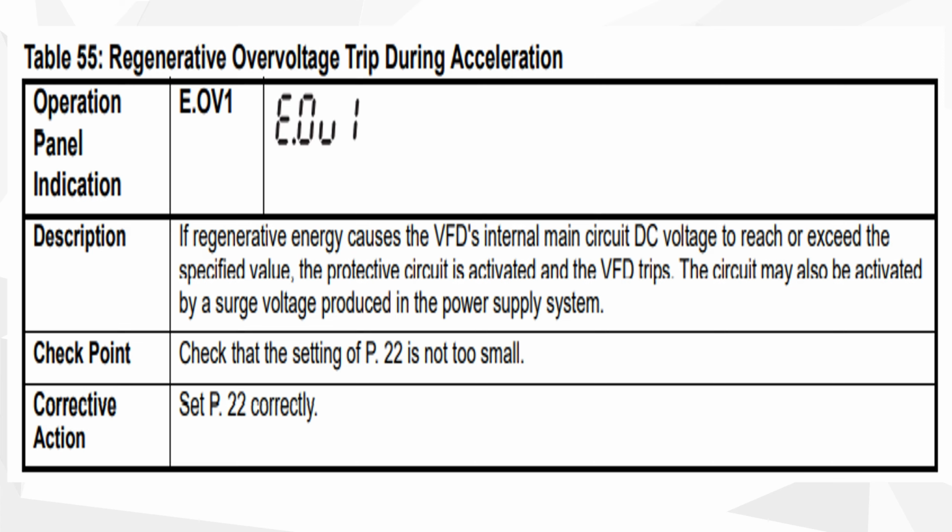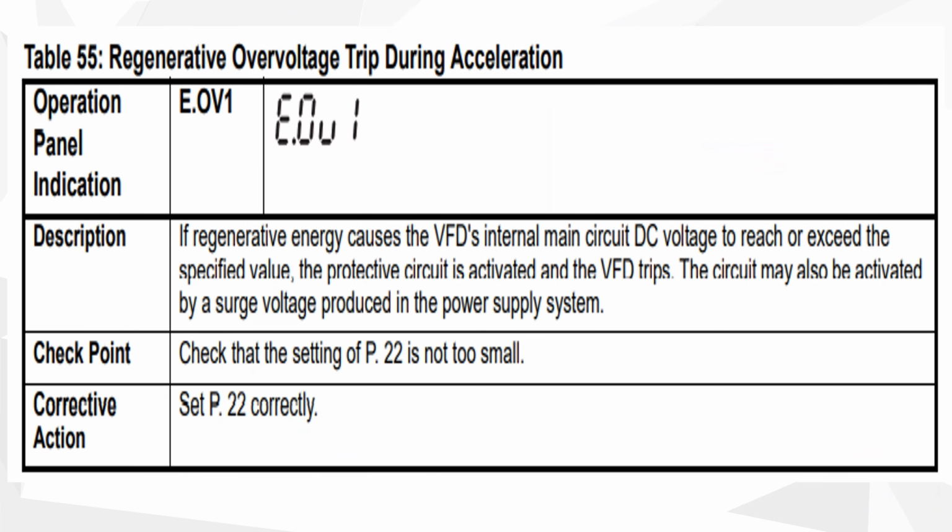ठीक है, तो अगर हमने ये एक्टिवेट कर रखा है, ये पैरामीटर नंबर P.22 में होता है, तो वो VFD को ट्रिप करा देता है। अगर सपोज दैट हमारी PCB बर्न हो जाए, खराब हो जाए, उससे बेटर ये है कि ट्रिप हो जाए। दूसरा क्या हो सकता है, जो हमने P.22 नंबर पैरामीटर में बहुत लो वोल्टेज, बहुत स्मॉल वैल्यू सेट कर रखी है, उसका भी रीज़न हो सकता है। थर्ड रीज़न क्या हो सकता है, सपोज दैट हमारे PCB के पावर सर्किट में प्रॉब्लम है। तो मोस्ट ऑफ चांसेस में ये रिपेयर कराना पड़ता है, या तो VFD रिपेयर होगी या फिर न्यू VFD रिप्लेस होगी।